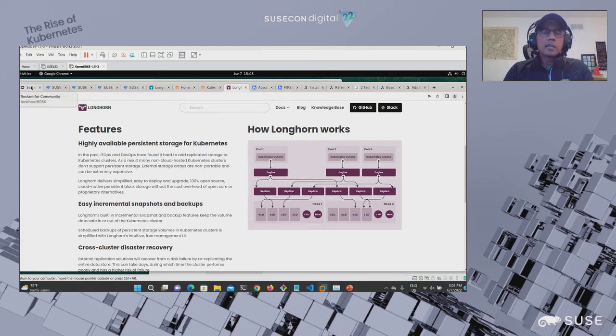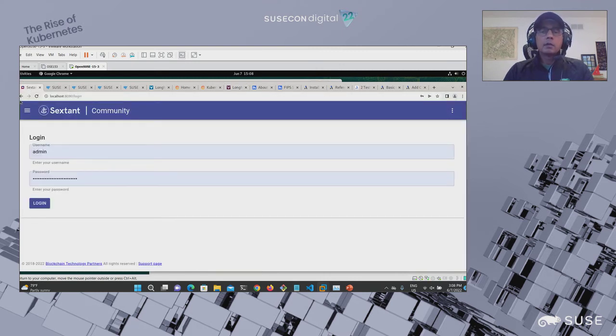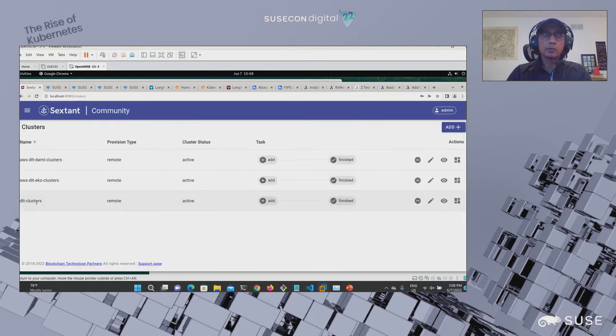So let's go back to Sextant now. You've seen how easy it is for us to install Sextant itself on top of an arcade cluster, and that arcade cluster has all the enterprise readiness to it. It's running as HA. It's also running with backup strategies, and the clusters are set up to have things like CI scans for security and so on.